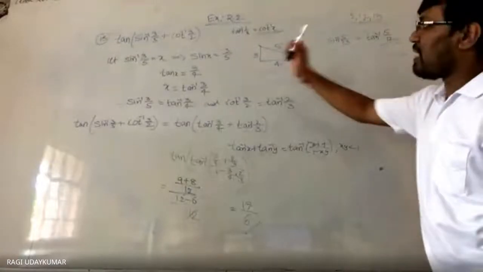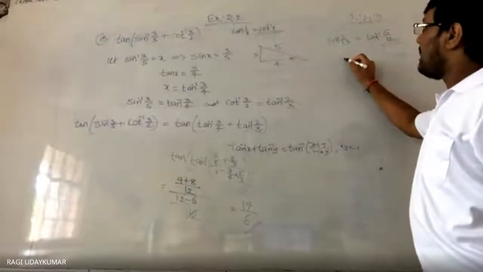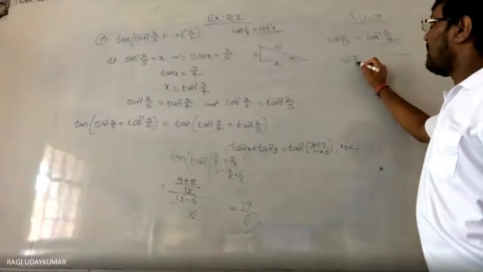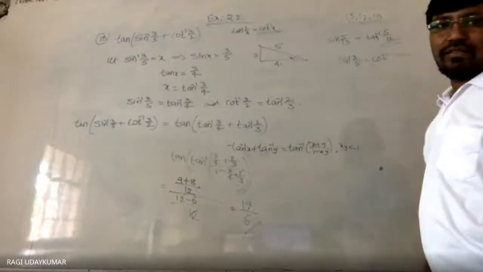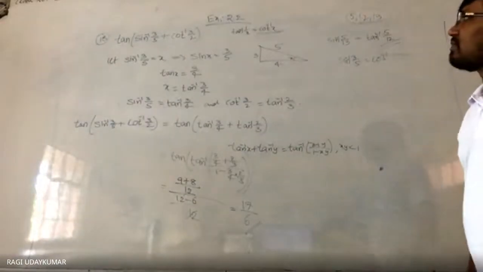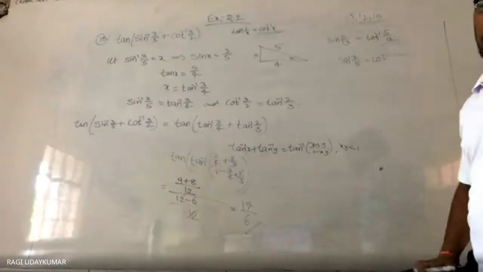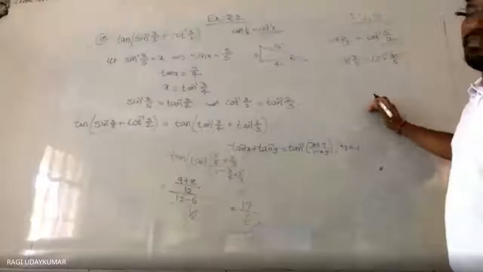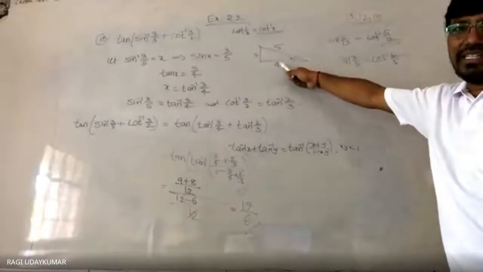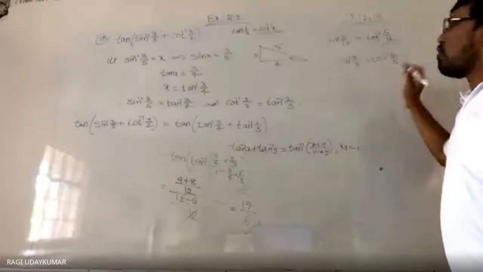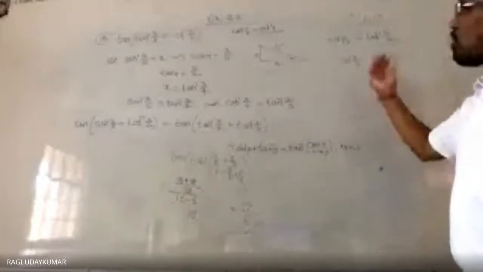Simple. And if you see from here also, even sin inverse of 3 by 5, you can write as cos inverse. Tell me cos inverse. So what's the question? Sin inverse 3 by 5 will be 4 by 5, because cos means adjacent by hypotenuse, right? 4 by 5. Yeah. Tan already we have it.